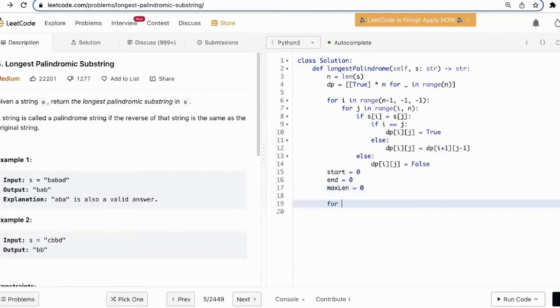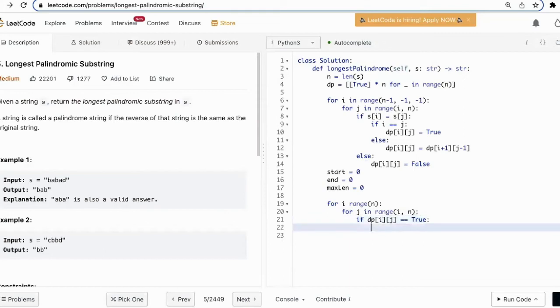Then we traverse our DP table, for i in range of n, for j in range of i to n. So we only check those positions from each position on the diagonal. Then we say if dp[i][j] equals true,